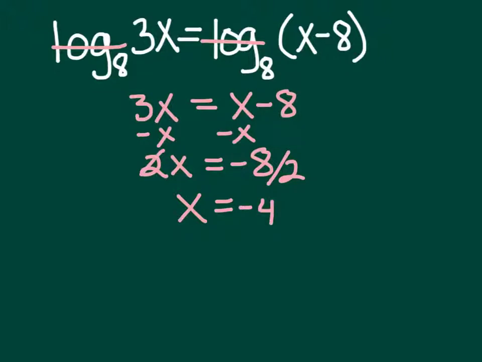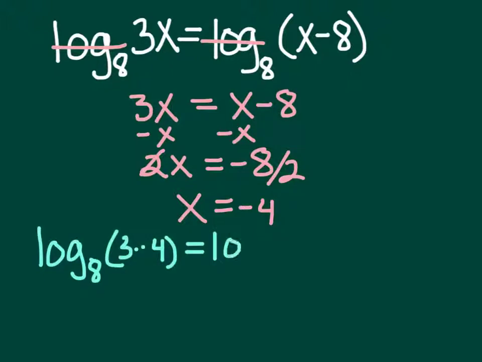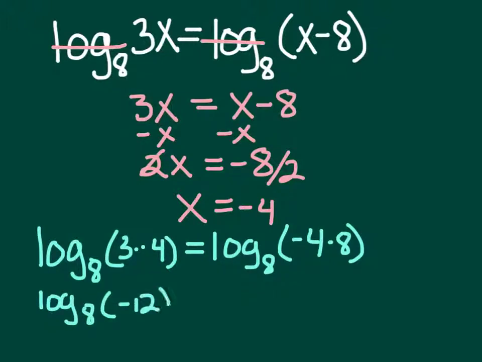So when I plug that back in, I have log base 8 of 3 times negative 4 equals log base 8 of negative 4 minus 8, which is log base 8 of negative 12 equals log base 8 of negative 12,